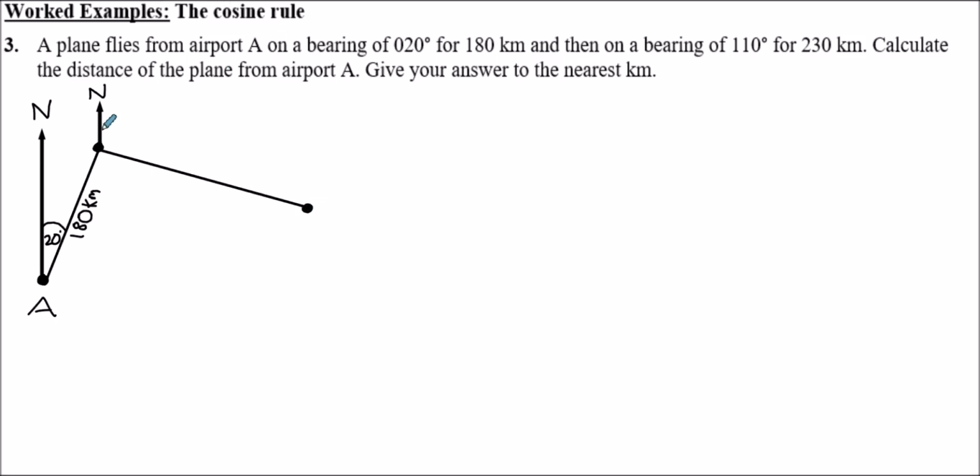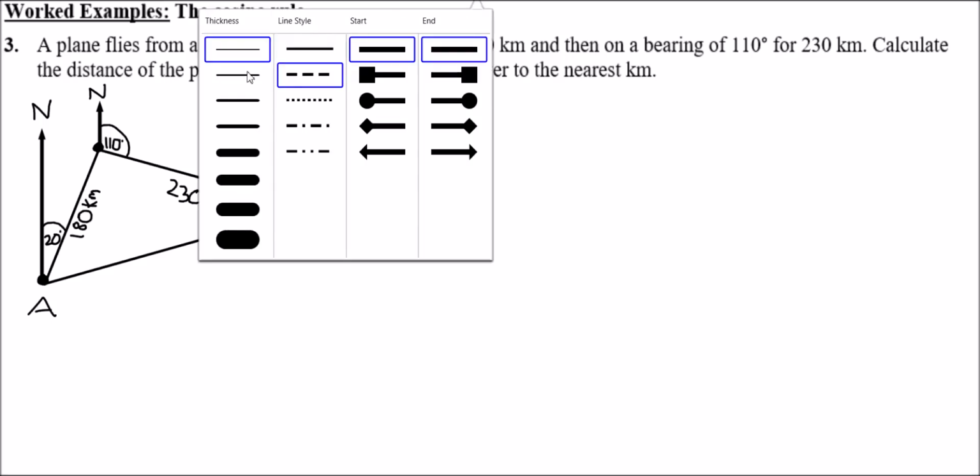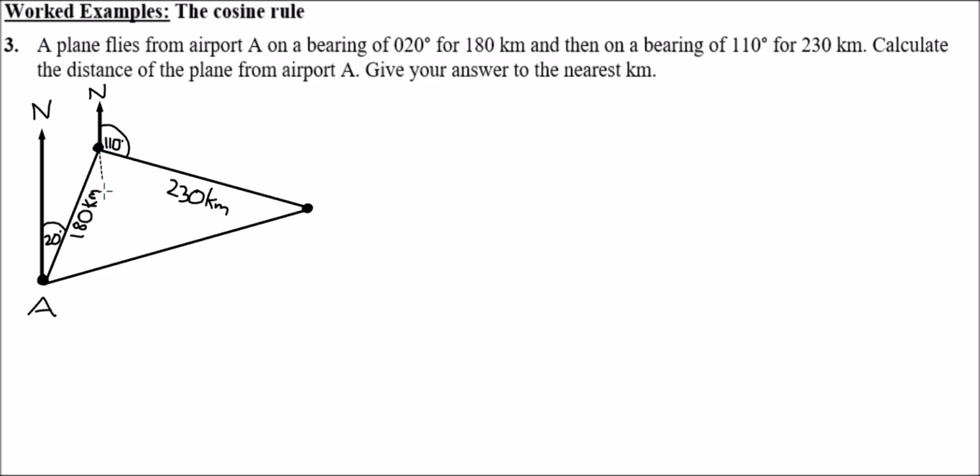So I'm going to label this 110 degrees, and this distance is 230 kilometers. So by doing a carefully constructed sketch, we're actually going to find this much easier than we think. I'm just going to complete this to make a triangle, and use a bit of simple GCSE geometry now. So we know this is 20 degrees. I could do with finding out one of these interior angles. And what I'm going to do here is drop down a dotted line like so